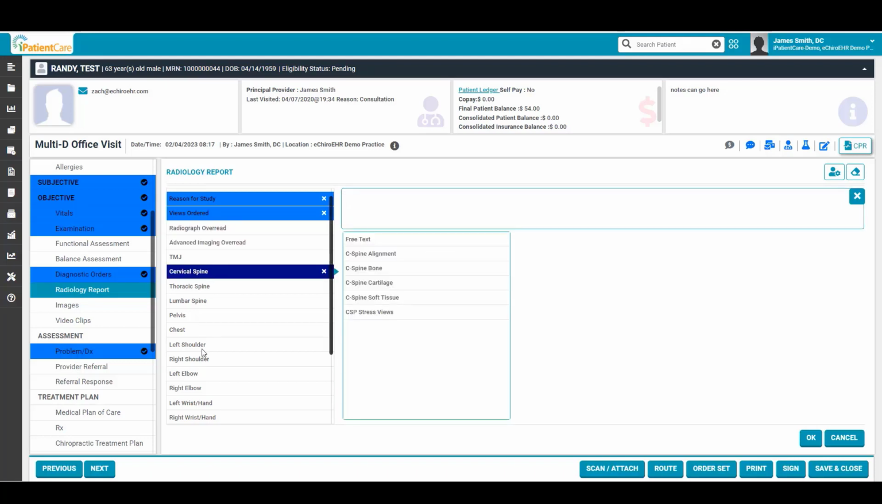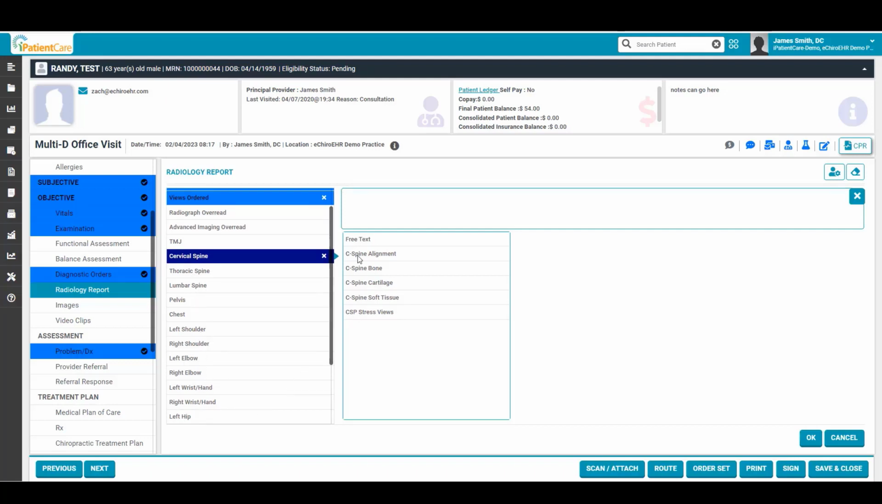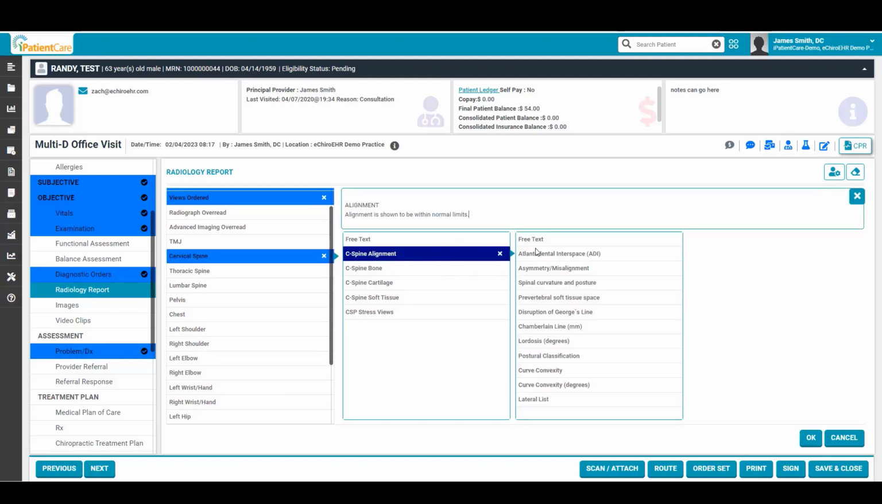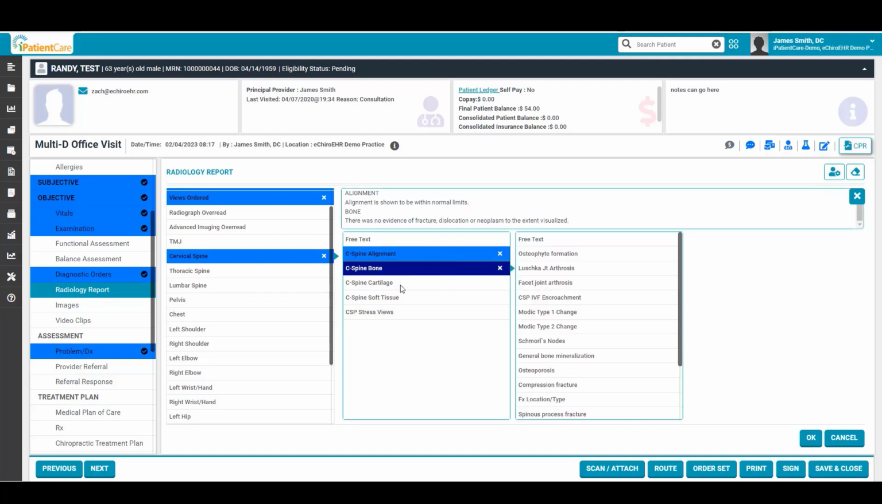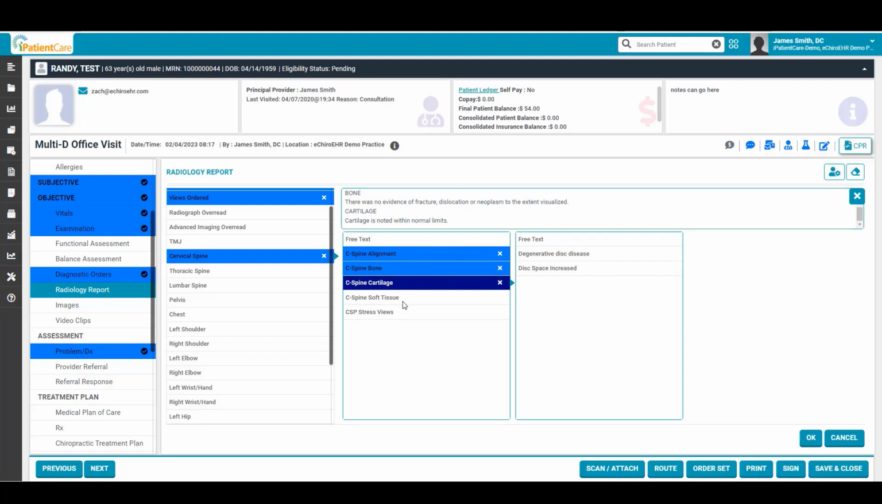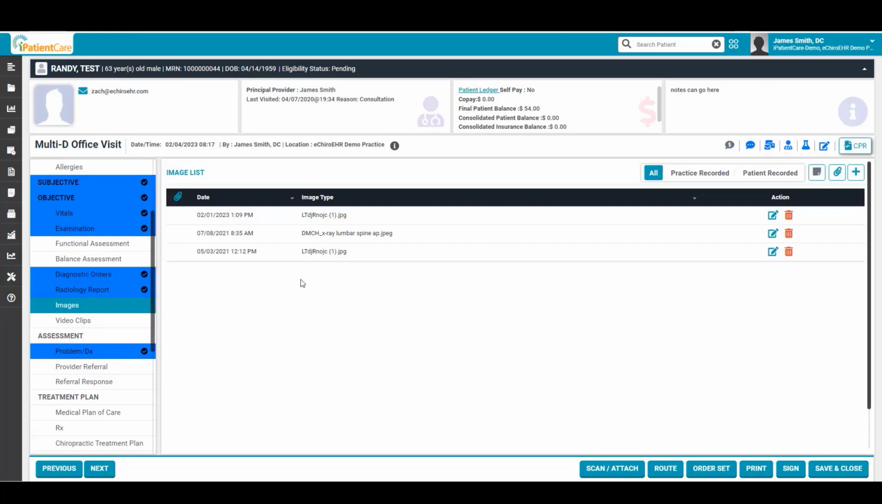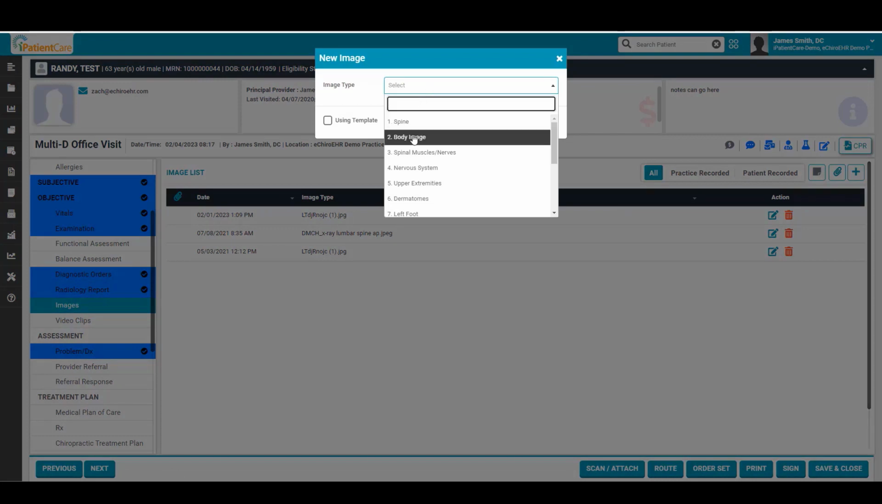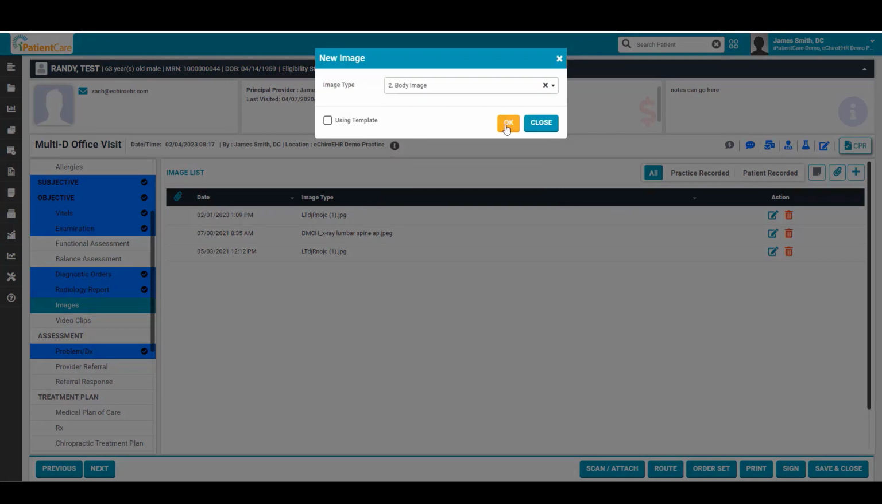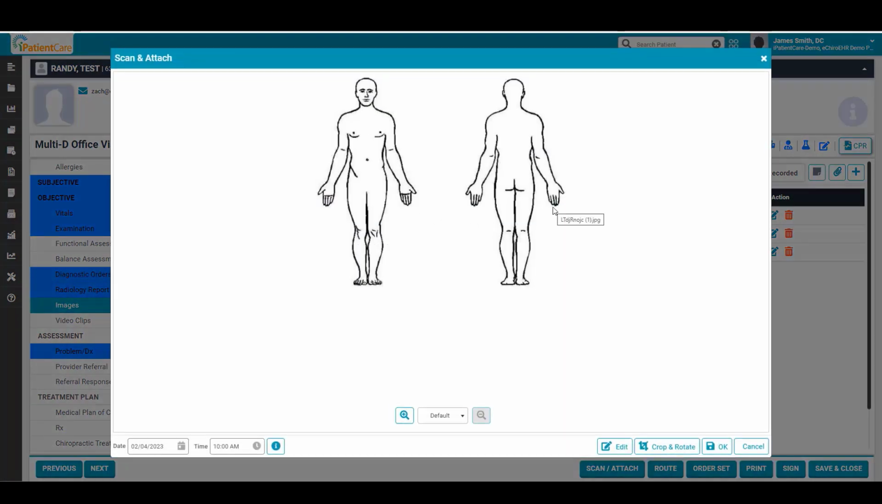And then as we move on down into the different regions that are identified, documenting those particular elements on X-ray analysis, such as the alignment, such as the bone and cartilage and soft tissue, and then any particular stress views that could have been noted. The image section. The image section is an area that you can bring images into the patient's note. They can be pre-selected images that you already have that maybe you would like to use as identifying certain aspects